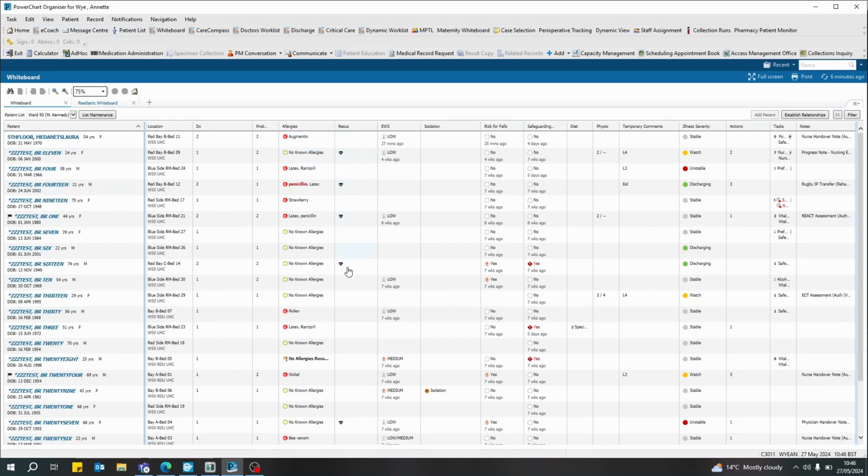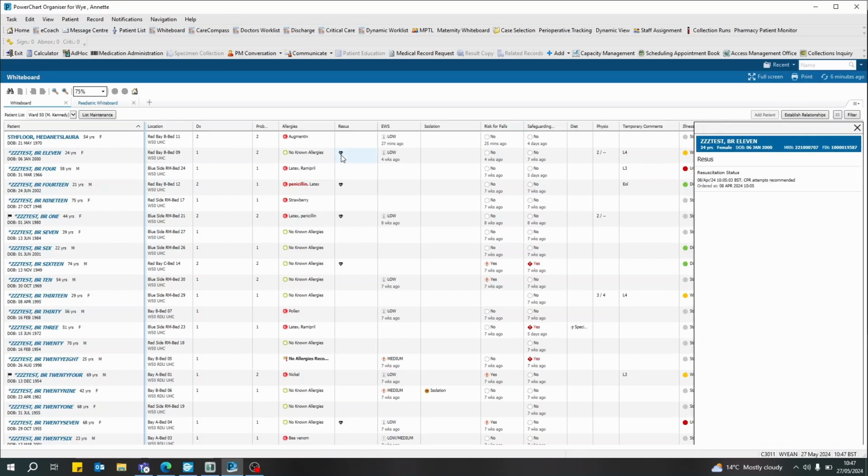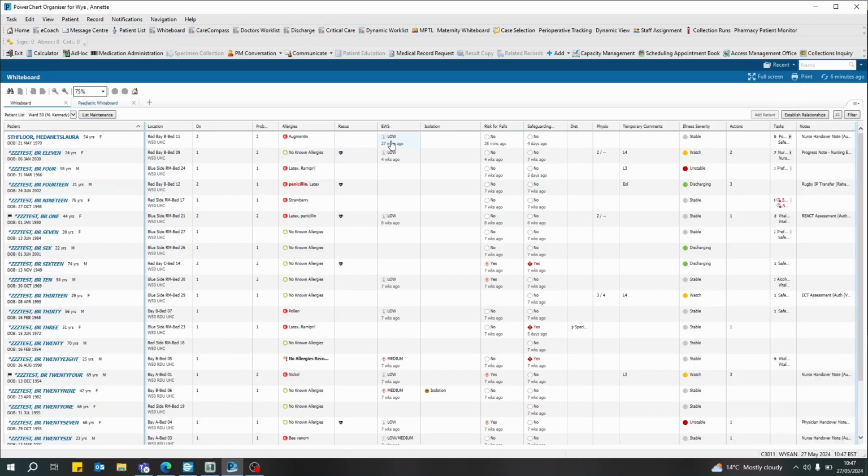The patients will have their rhesus status filled in. I haven't got all of this filled in because that's something that is completed by the doctors, but you will see a heart here that gives you the status, and as you see, this patient is a full rhesus. Their latest ooze score will pull through to here,